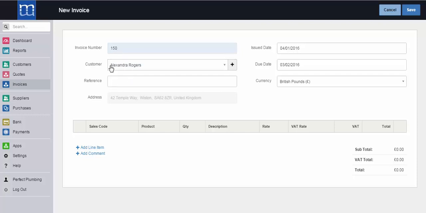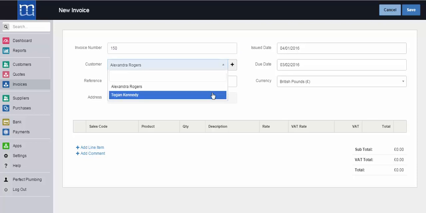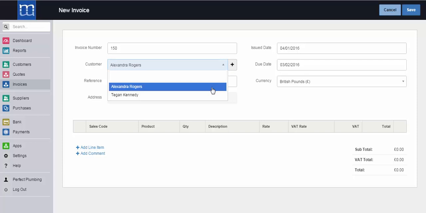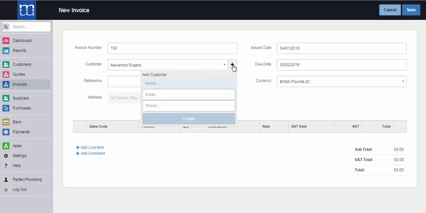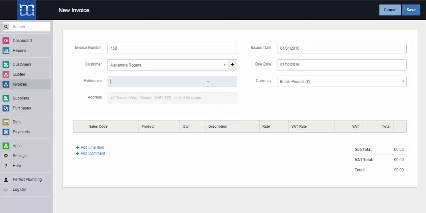It's brought through the customer details for us, or I can just click on the drop down list in here and choose the customer who I'm going to generate an invoice for. If it's a new customer, you can click on the plus symbol and then just quickly type a customer name in there and then hit create, and that will create a new customer record for you. You can then type in a reference in here